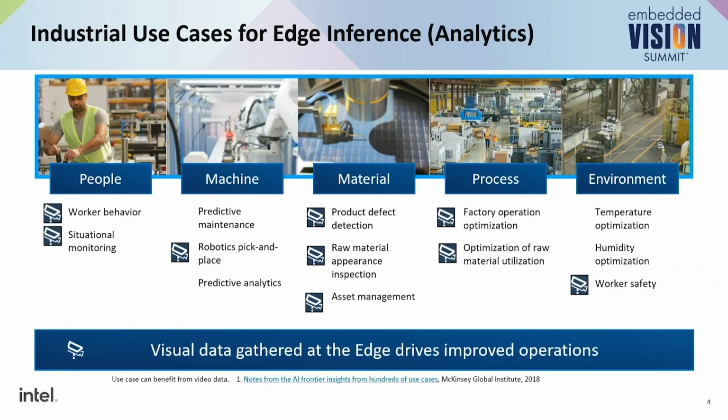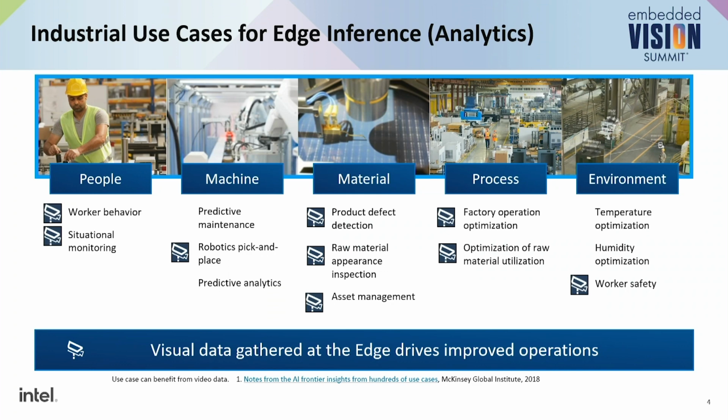When you look at industrial use cases, there are a lot of different categories. For example, if a worker is wearing a safety vest and hat, you call those safety use cases. That probably falls under people monitoring, their behavior, etc. And there are some where you look at the machine. Is the machine performing right? Is it heating up, or is the robot moving the object to the right place? All these kinds of use cases fall under what we call machine-related use cases.